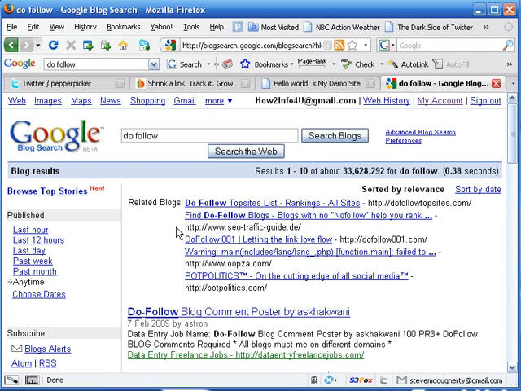And this is what's going to assist you not just in getting traffic back to your Twitter page because they click on your link, but also some search engine bot backlink type Google juice is going to be flowing your way via these do follow links that you are going to be posting on these blogs. Because some blogs, as we've mentioned, have the no follow policy.